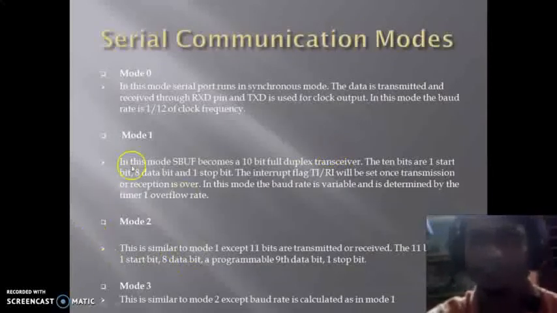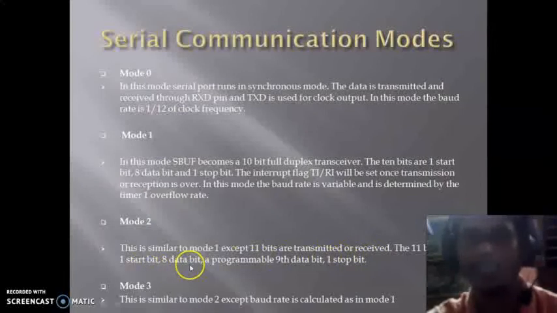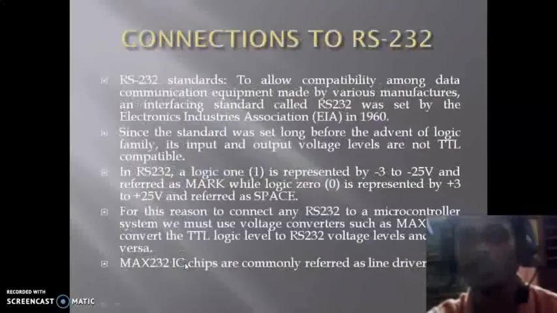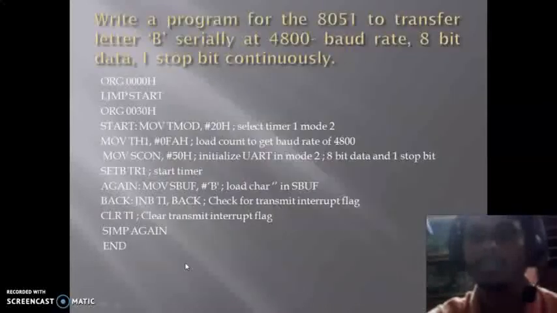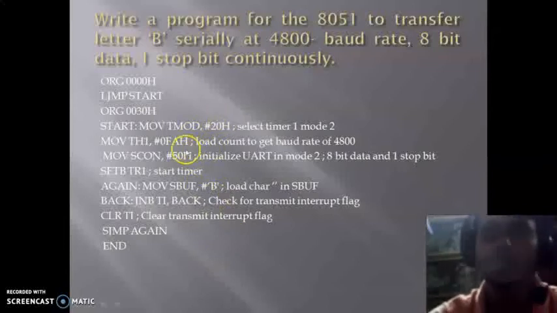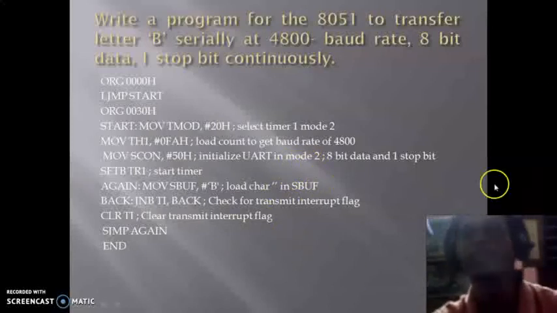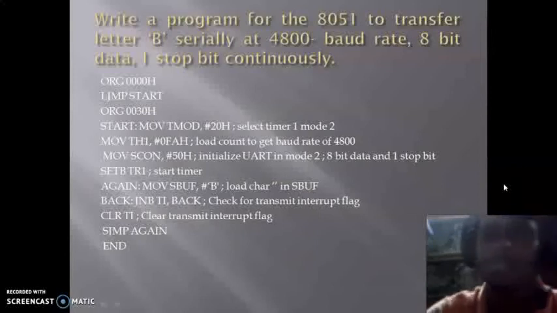Here we have the mode, which is 8 bits of data and 1 stop bit. So now we write 50H to SCON so that it selects 8-bit data and 1 stop bit. Next, SETB TR1. To start the timer, we have to set TR1 so that the timer can start. And again,